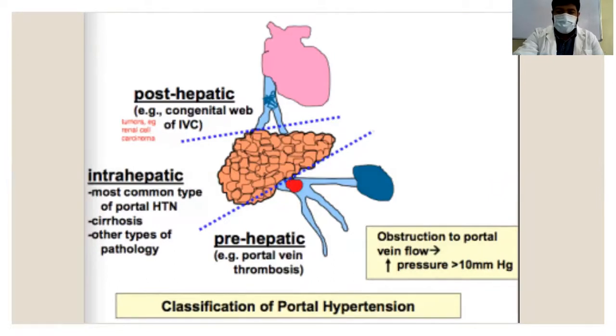And what is happening if any obstruction to the portal vein or portal flow is happening, the pressure gradient is increasing. When the pressure gradient is increasing, portal hypertension is occurring. And when portal hypertension occurs, the pressure gradient is more. So what can be there? Backflow can be there, as the variation in pressure gradient has increased.